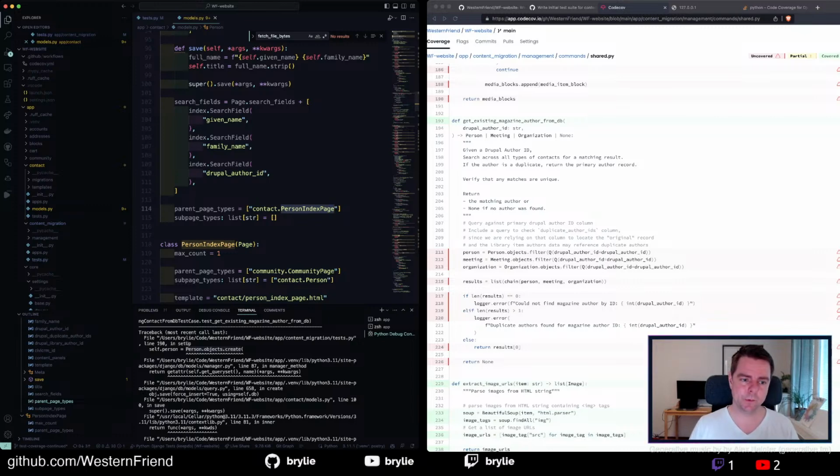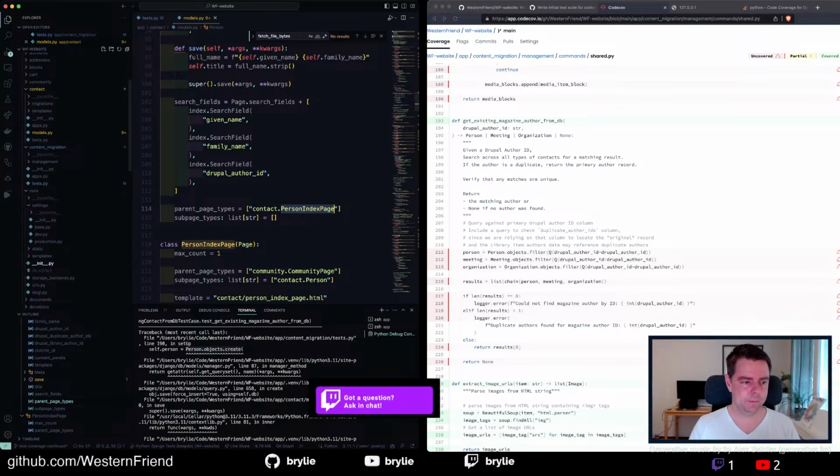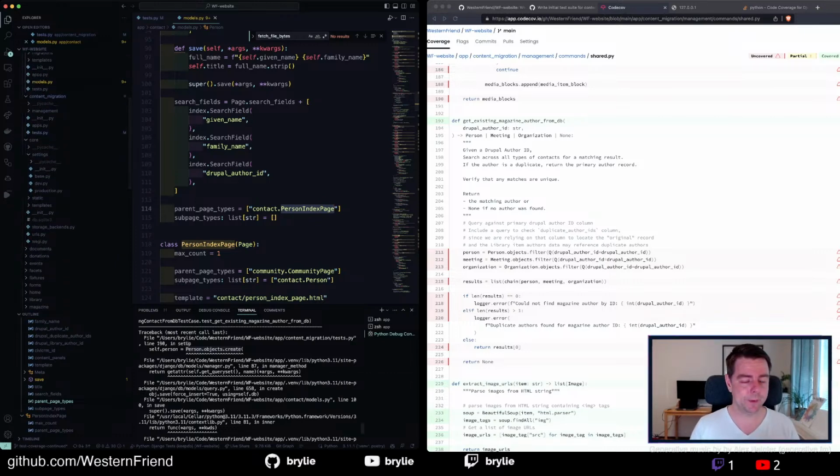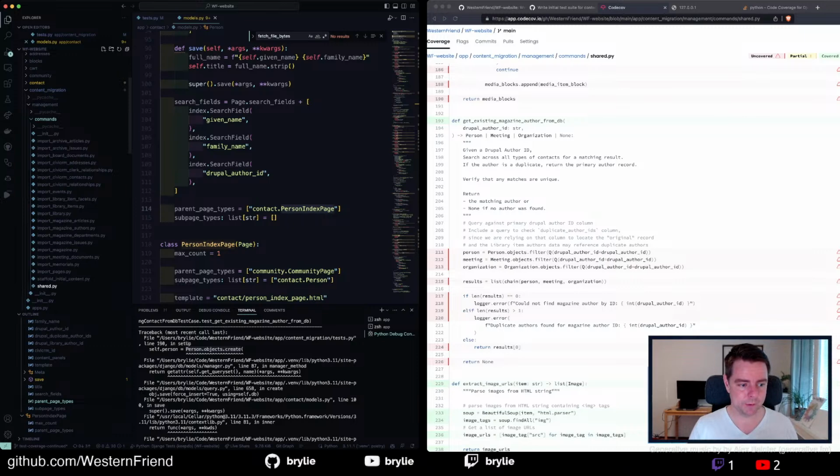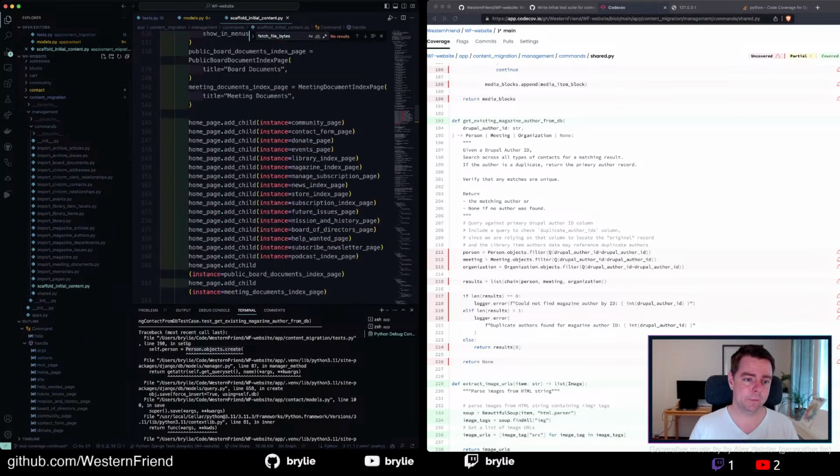Seems I need to scaffold initial content. Huh. I have a command for this. I'm duplicating parts of that command. So if I look at my content migration, this was trickier than I thought, but okay. Alright, so I've got content migration, management commands. I have this baseline command that creates our site content for us. And inside of here,